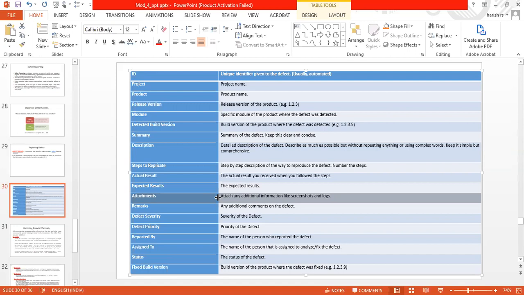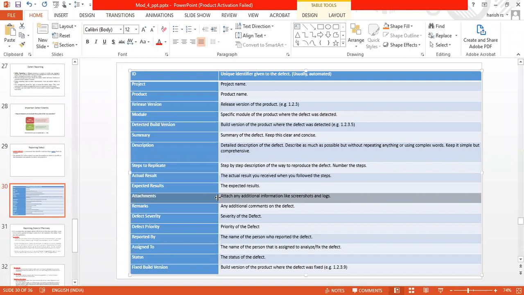Assigned to, which developing person has been assigned. What is the status? Whether it is opened, closed, reported, fixed, postponed, and so on. Then finally, what is the version after fixing the error? That is the last version. So all this will form a particular report.